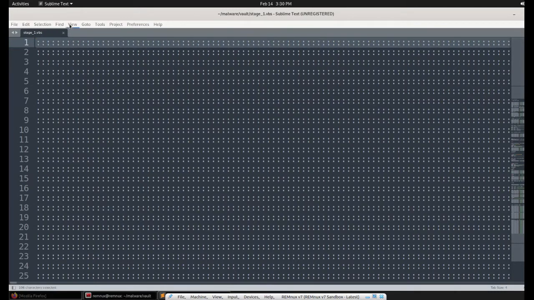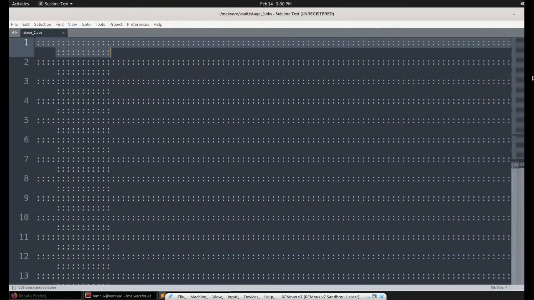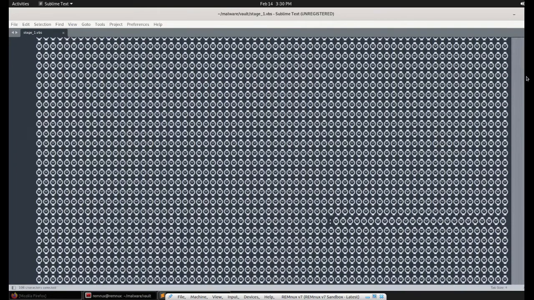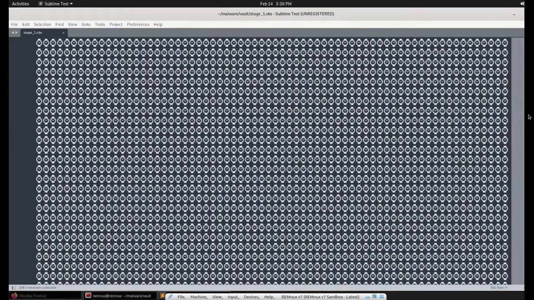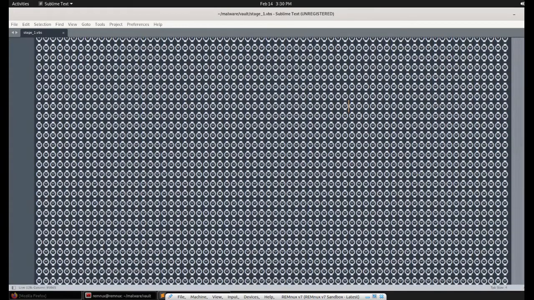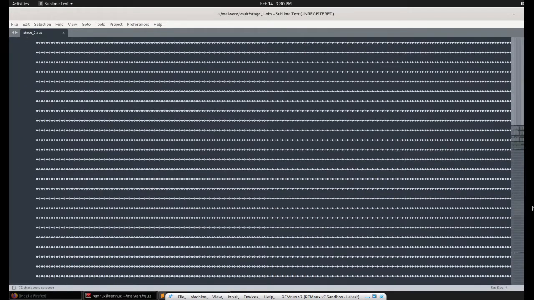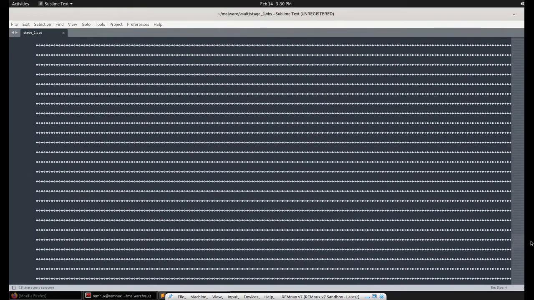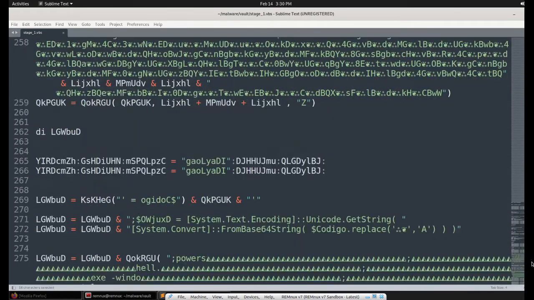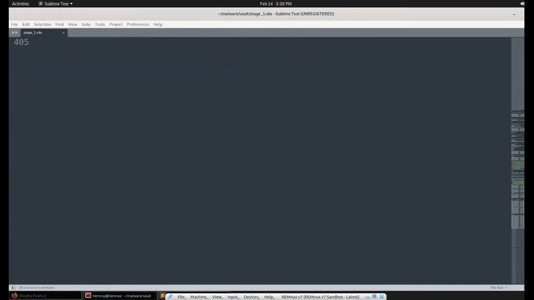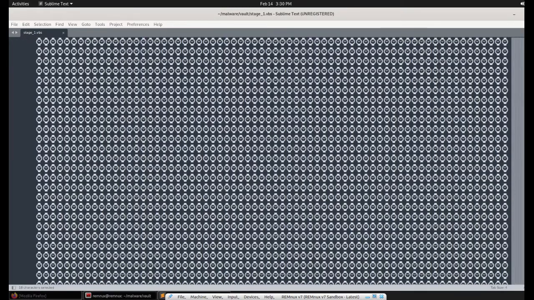If you enable word wrap, you can see how it prolongs some random unreadable symbols. And if I scroll down further, there are multiple unreadable characters, a lot of blob, a lot of nonsense here.